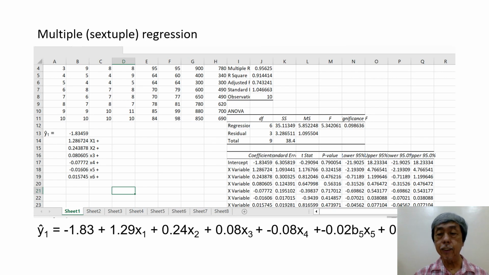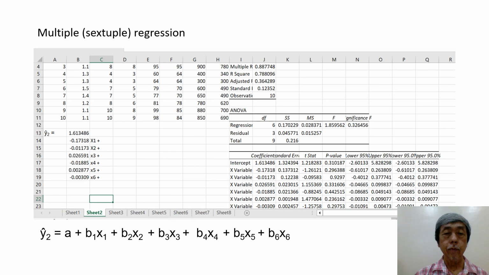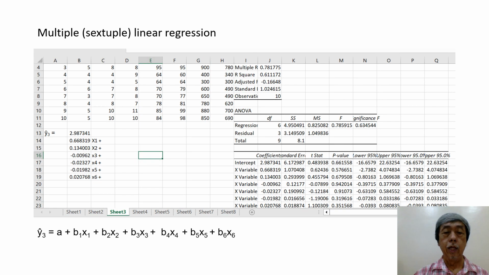This is for the first dependent variable. The model was computed using regression in the analysis tool. This is for the second dependent variable. This is the computation for the third dependent variable.